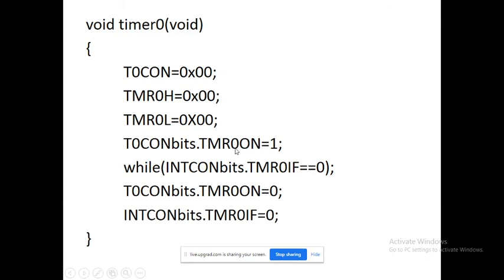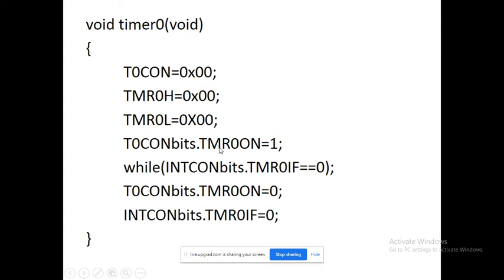Now, to start the timer means you want to turn on the timer, and for that, the timer 0 on bit you must make 1, means timer is on. Where this bit is, it is in the timer 0 control register. Initially you are declaring the register name and the particular bit within that register. Timer 0 control register is an 8-bit register. Out of that, we are just interested in changing a specific bit. Which bit? Timer 0 on bit, and you are making this bit 1, and that's why you are writing here T0CONbits.TMR0ON = 1, means our timer gets started.